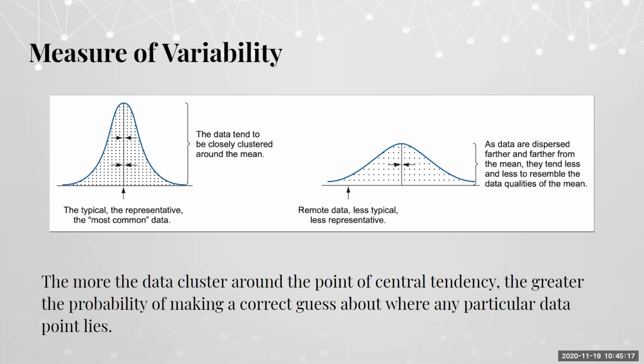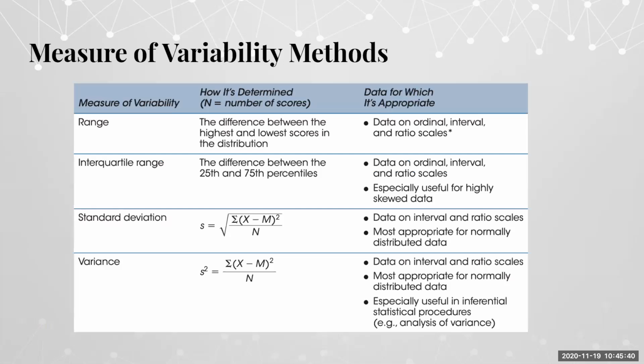The next type of measurement is a measure of variability, which allows us to interpret the typical and representative data, as well as the remote and less typical data. In general, the more the data cluster around the point of central tendency, the greater the probability of making a correct guess about where any particular data point lies. We can measure